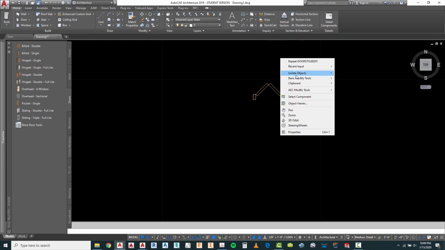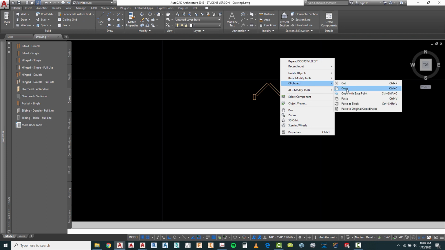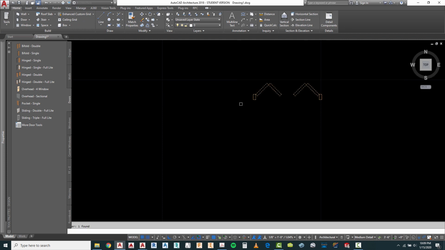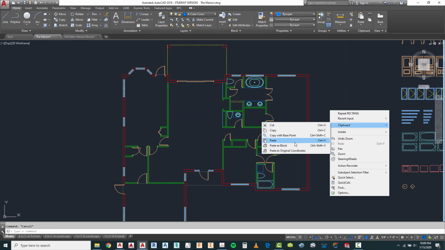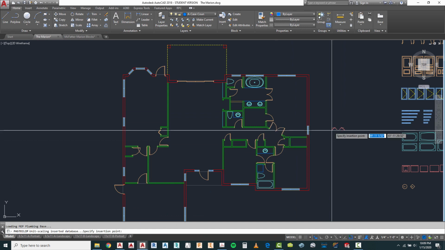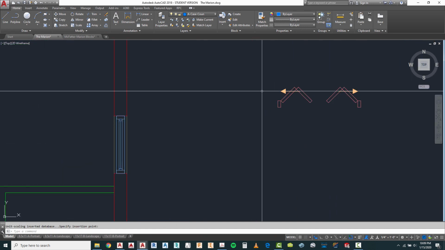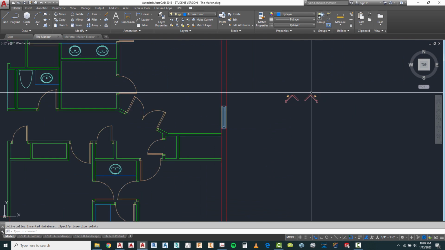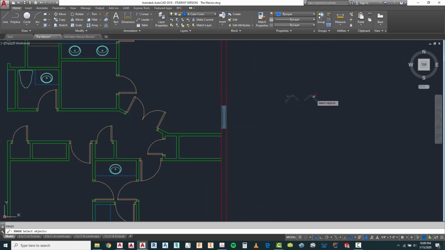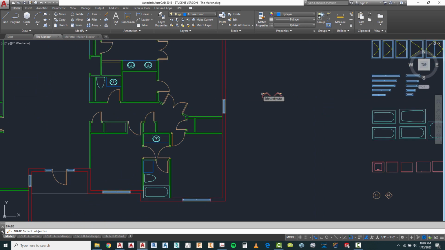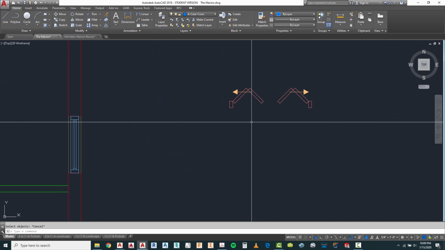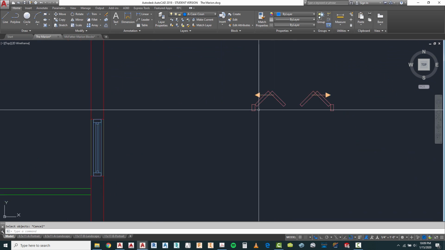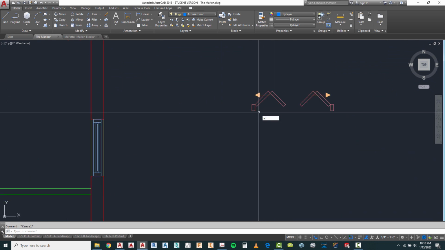I can now clipboard that. I can copy it. I'm going to bring it back into my AutoCAD drawing. I'm going to clipboard, paste it. Now it's got some elements that I don't want in here, so I'm going to modify this. And I'm going to eventually bring it back to my McFatter ACAD blocks. But the first thing that I need to do is explode it